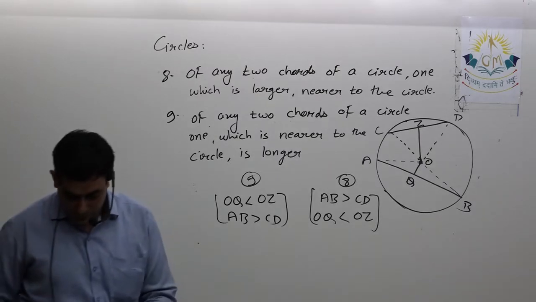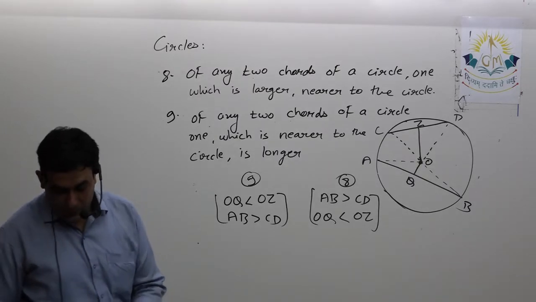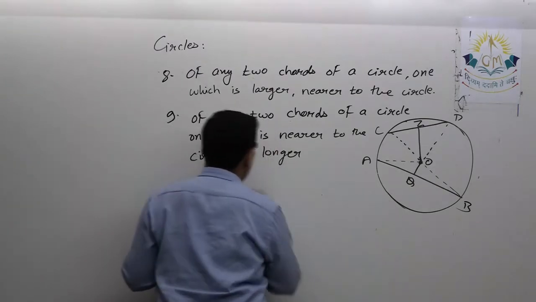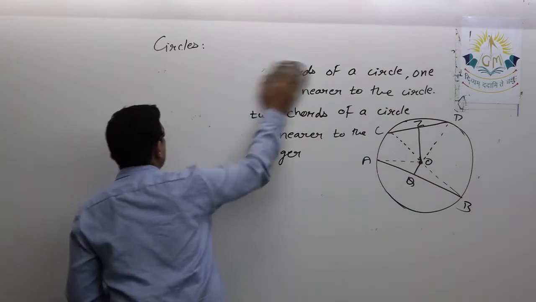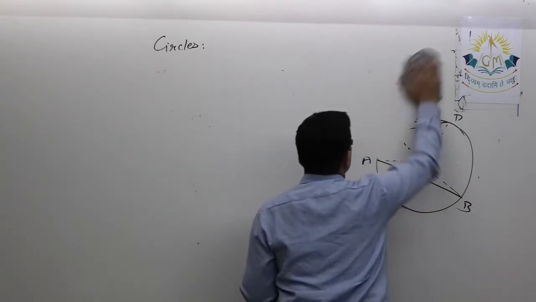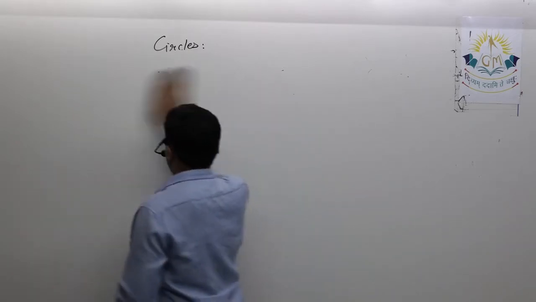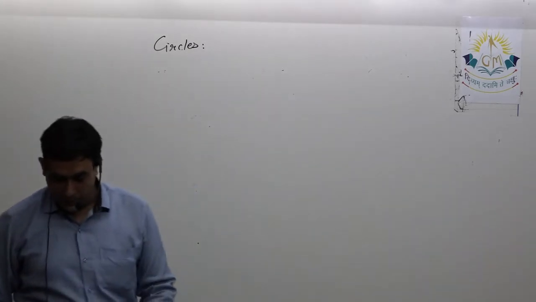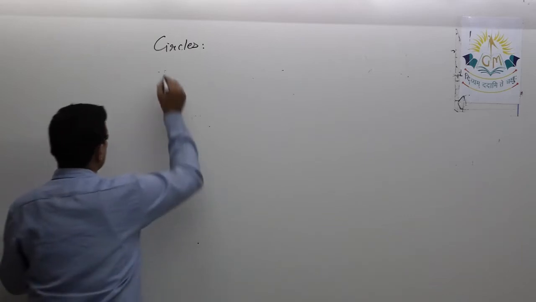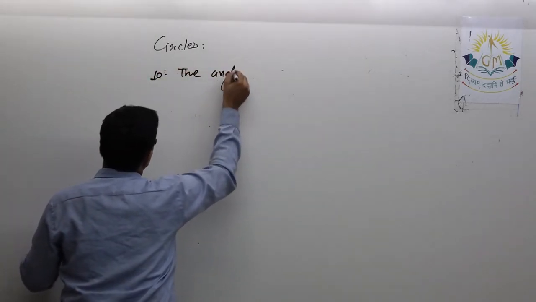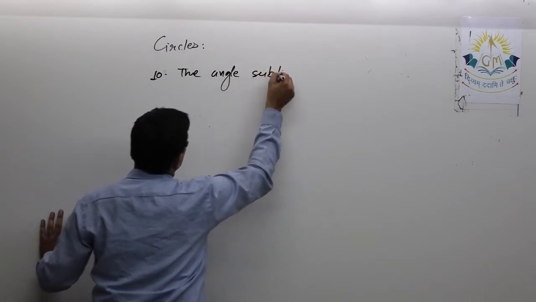Now next is the angle subtended by an arc. This is also a very important theorem, theorem number 10. Theorem number 10 says the angle subtended by an arc,